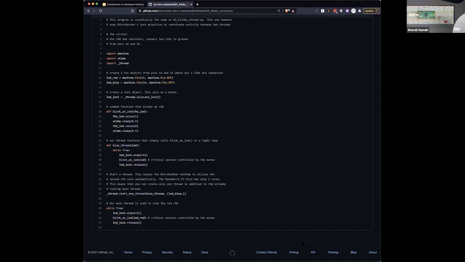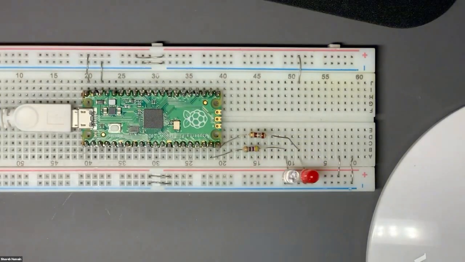Let me stop sharing my screen so that you can see my video. I'll run that particular program now. Let me stop this. Right, this is stopped, and let me run this synced. Yeah, as you can see now, what's happening is that only one function, when it holds the lock, can call blink an LED. Later on, it has to relinquish the lock for the other function to be able to call blink an LED, right?